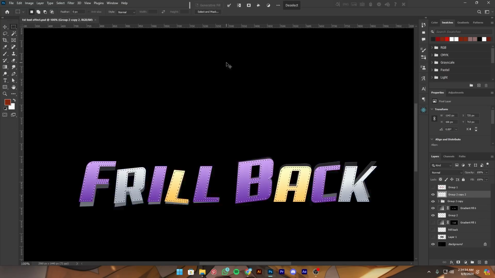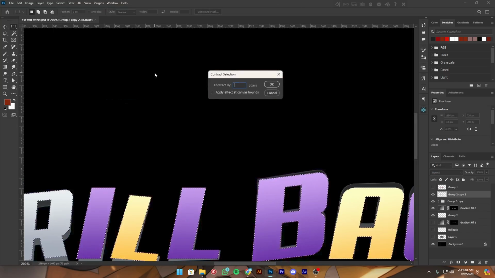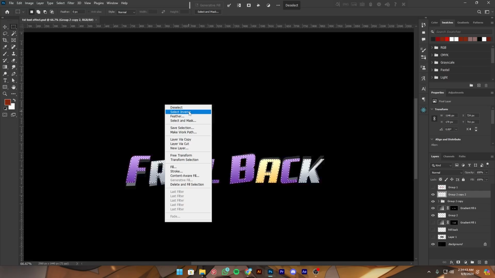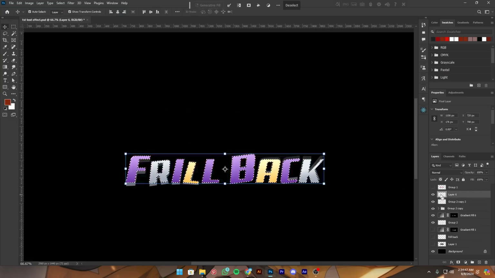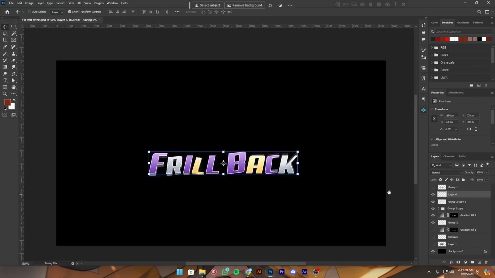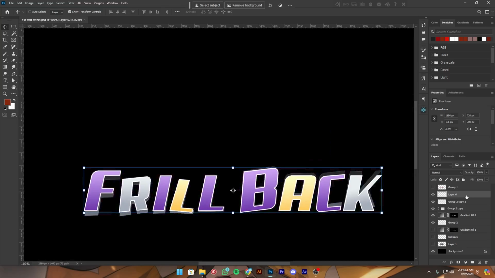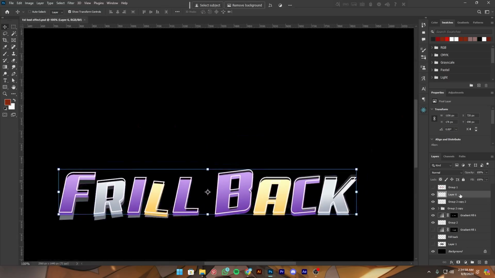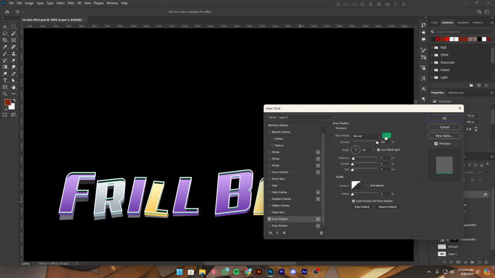maybe 4. No, 4 will be a little more. Okay, then maybe 3 will be perfect. Yeah, 3. Then just inverse the selection and layer via copy. Alright, and add a nice stroke color like white, and just using the arrow keys I will move this layer,